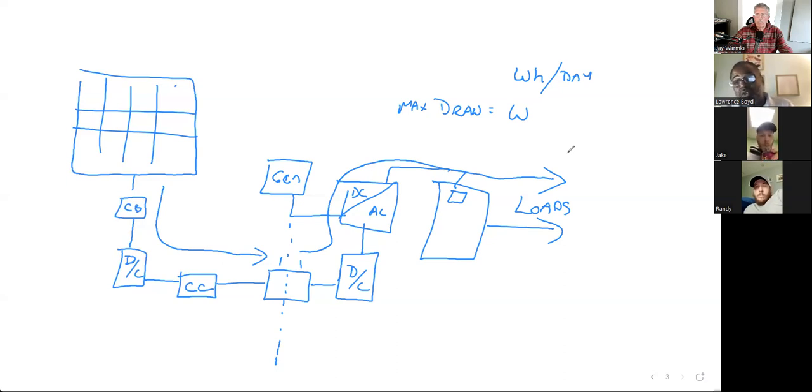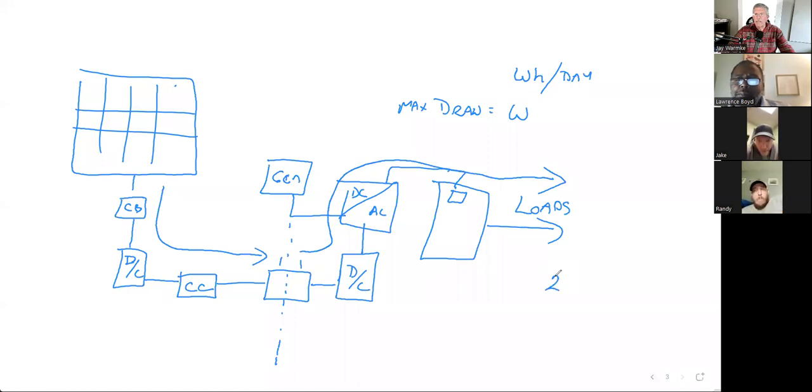I'm assuming most residential would be 15 amps at the outlet. That seems to be modern construction, although most of the homes I've lived in have 20 amp outlets at the 20 amp breakers in the box. But a lot of new construction is 15 amp breakers in the box. But yeah, so what I'm trying to get to is if you add up all of the loads, and let's